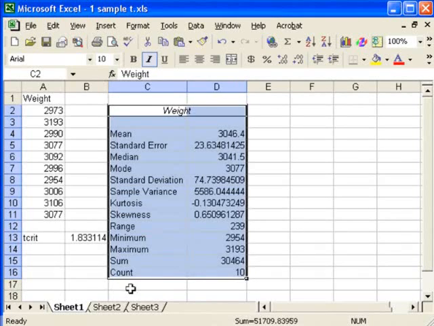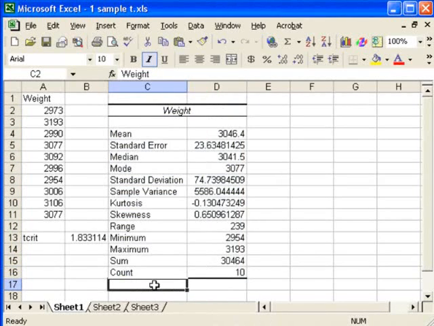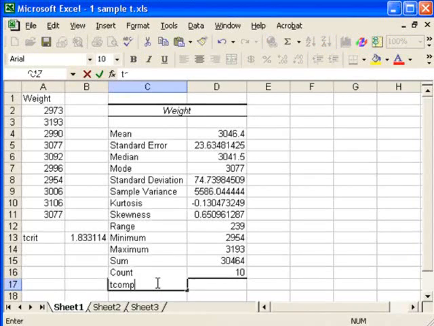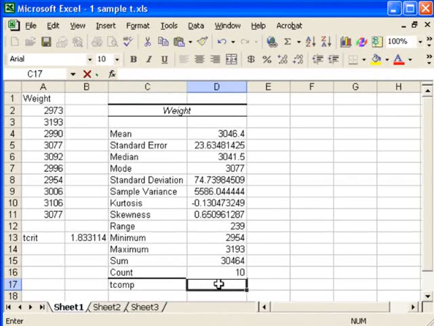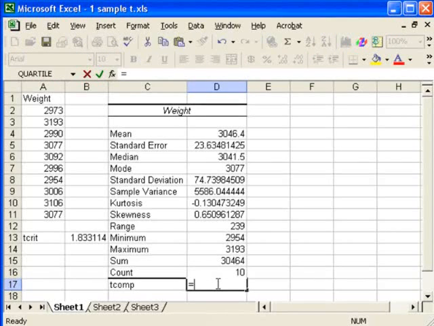So I'm going to go down here to C17 and click, and there I'll put t-comp, C-O-M-P, just as a label to tell me what I'm going to calculate. I put that in C17. Now I'm going to move over to D17, and here I'll calculate my t-comp. Because I'm going to do calculating, I'll press equal sign, and now all I do is I press my left parenthesis,